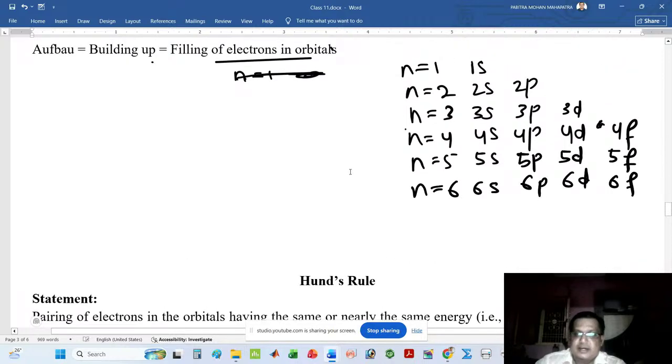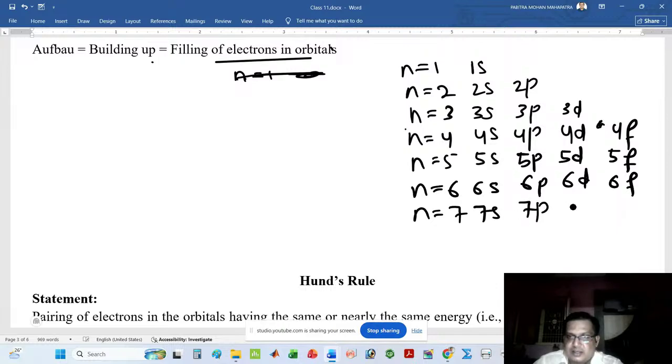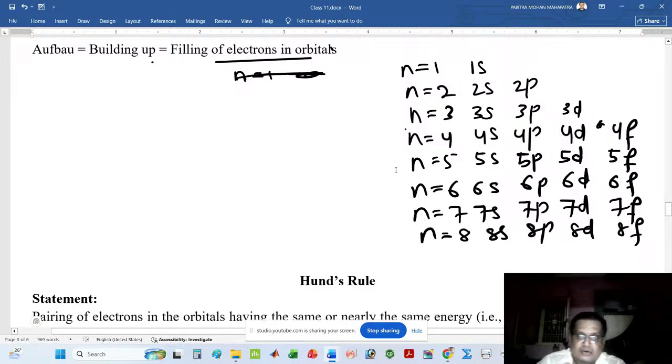How can you write the diagram? n is equal to 7, 7s, 7p, 7d, 7f. n is equal to 8, 8s, 8p, 8d, 8f. Then how will you draw? Look,